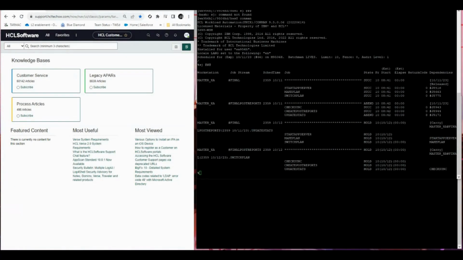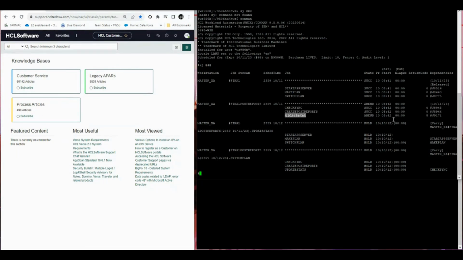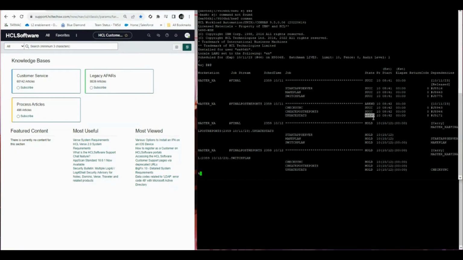In this video I'll be discussing the common errors in Flexera. On the screen you will see the plan. Under Final Post Reports you will see Updatestats here. The status for that one is showing Abend. We need to check the job log for this Updatestats to see the error or the reason why it's showing